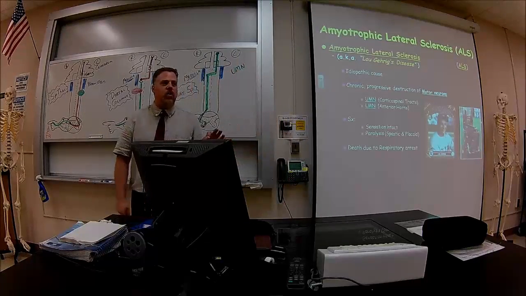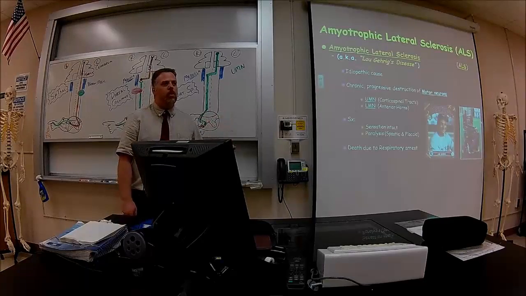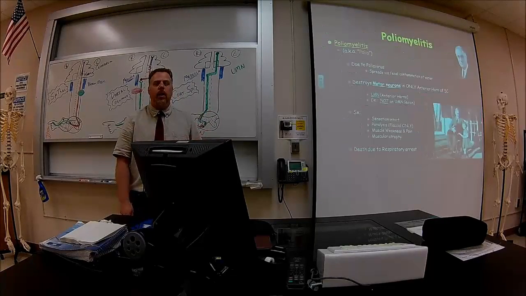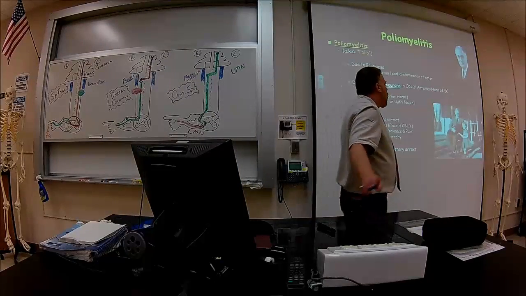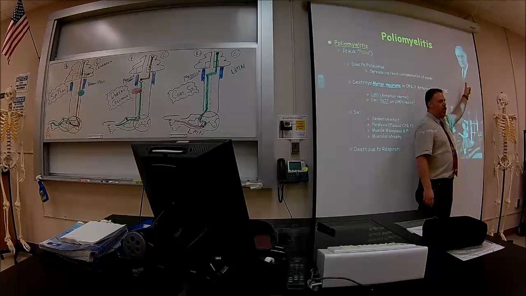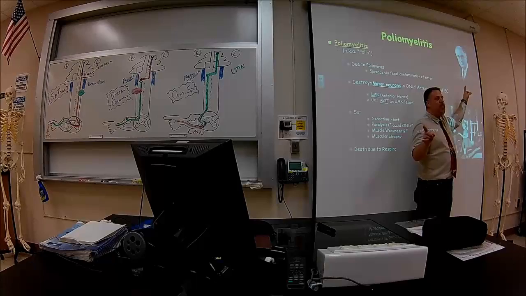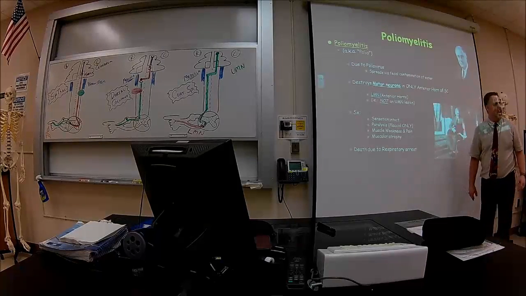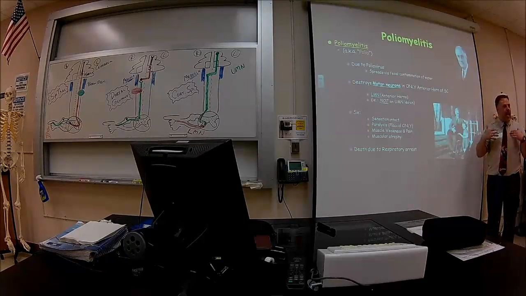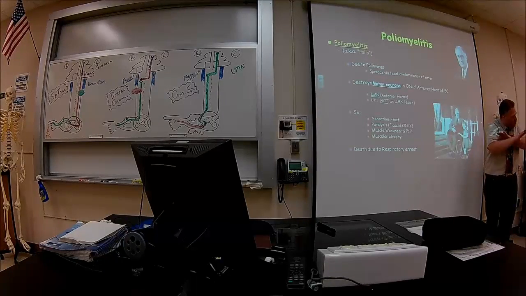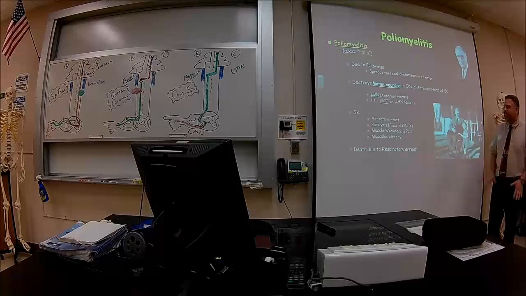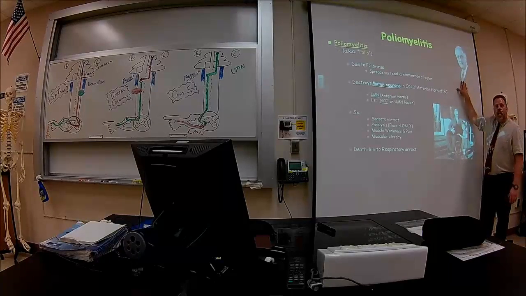That's ALS. Another one that's similar to this that I know you heard about is polio. Okay? Poliomyelitis. Who's this guy? Roosevelt. Yeah, which one? No, not Theodore, the other one. Franklin Delano Roosevelt, FDR, okay? He's the reason we have Social Security. He's not the reason why Social Security is not going to be there in a few years. That's a different story, okay? That's a different president. But anyway, what he had was polio.